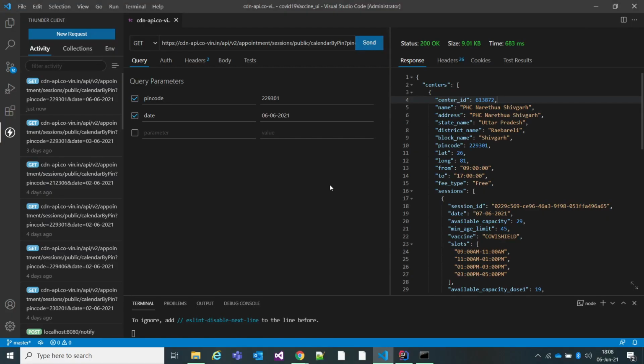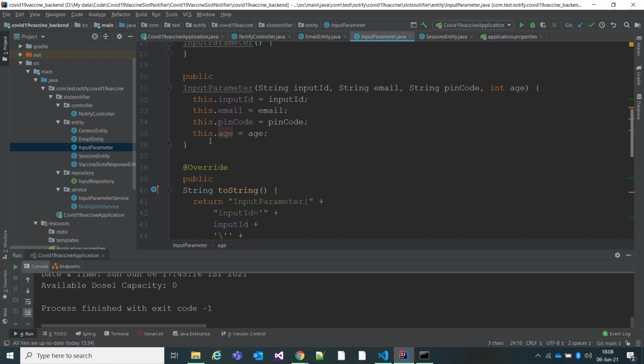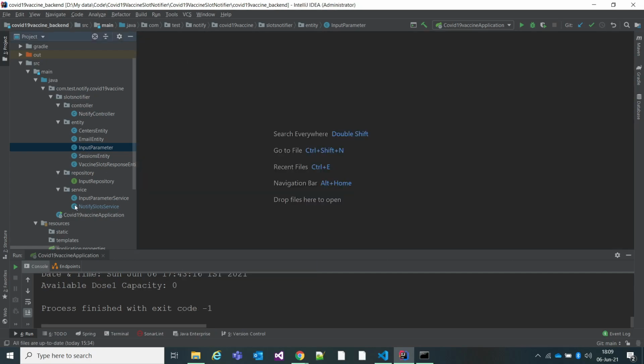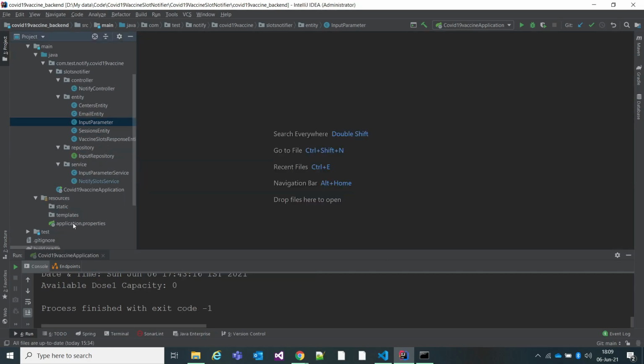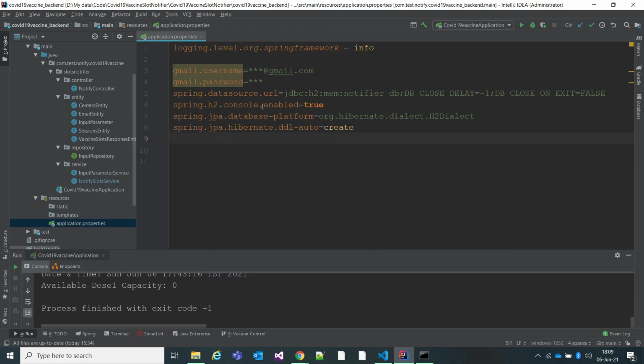So another thing, meanwhile I have done the code changes, and I'll walk through each and every thing I've done. As of now, I'll start from application dot properties.